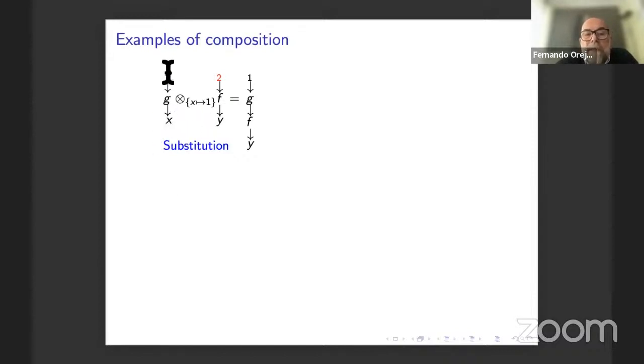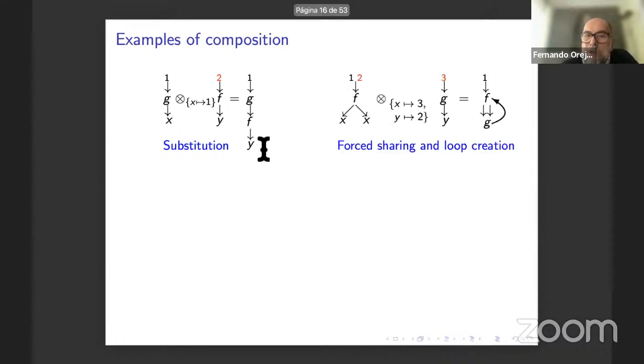So one very simple example: we have a sprout which is just g of x, and another sprout that is f of y, and we map x to 2 (this is a typo), then we make it the drag g of f of y, which is quite obvious. Something a bit more complex. So we have, for instance, this